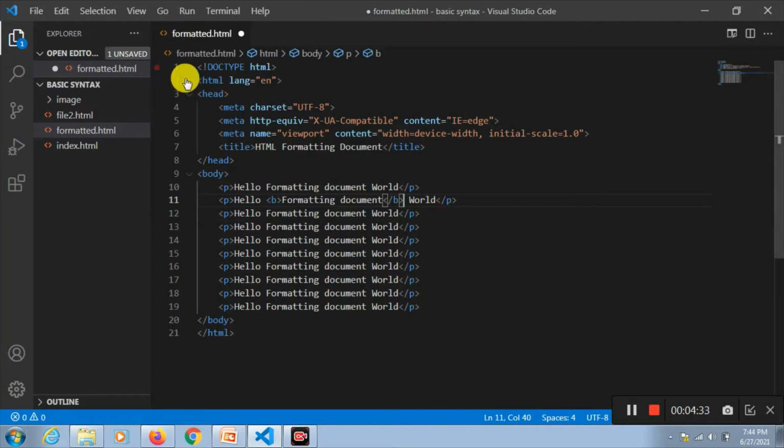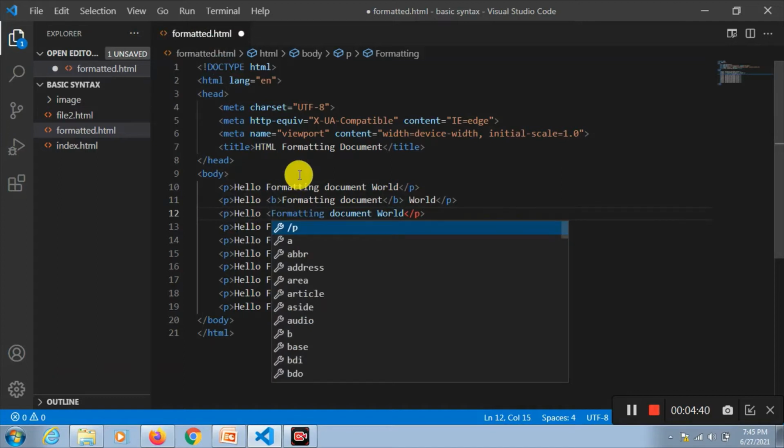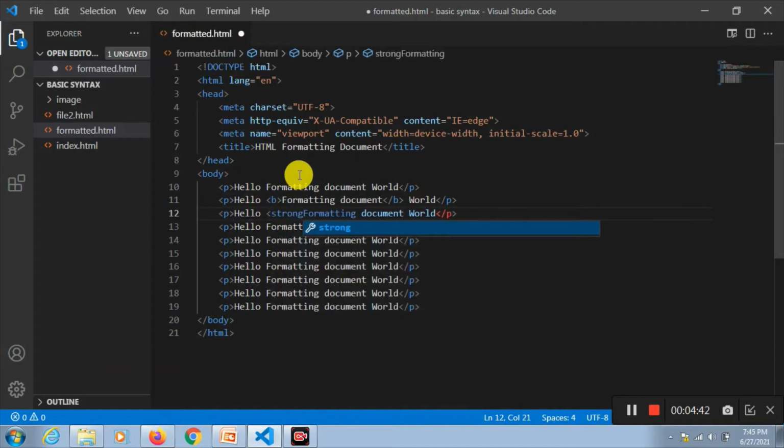Similarly, we have got something called strong. For that, you have to write strong, close it. Now, take the closing part after the word that you want to end formatting here.